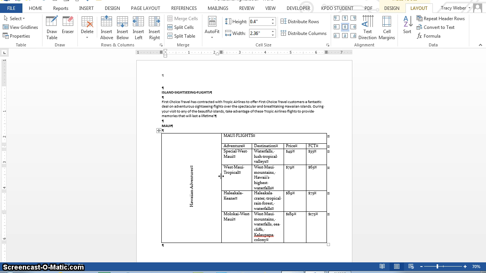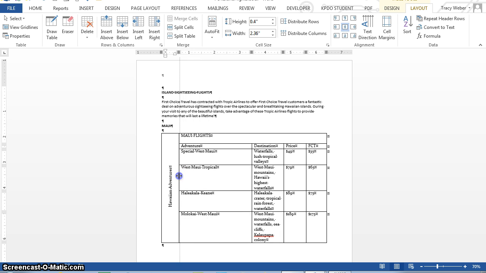I'm going to hold down the left mouse button and drag to the left until the table column marker displays at approximately the half-inch mark on the horizontal ruler. So I'm looking up here at the horizontal ruler, and that is about half inch right there. Okay? And I'm going to position the mouse pointer on the grid line between the second and third column, right here,